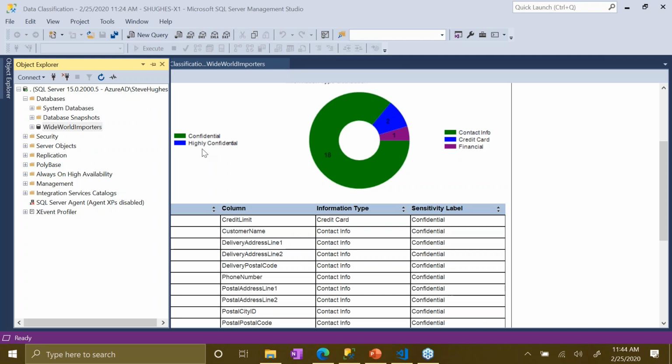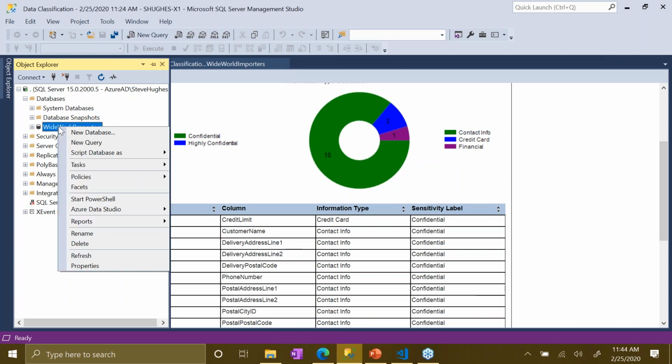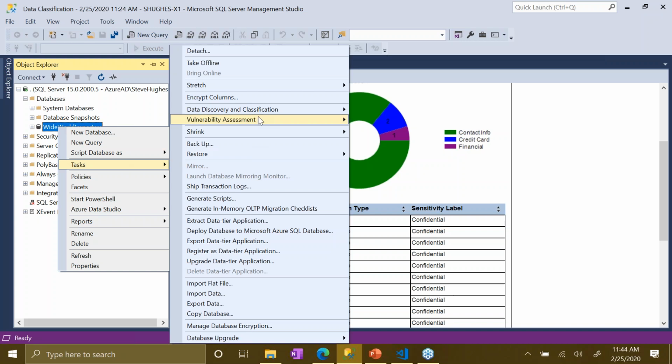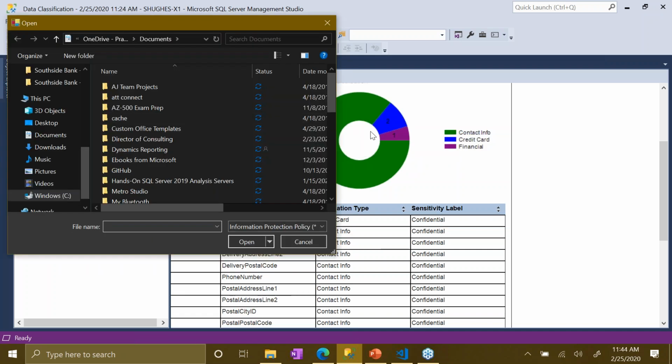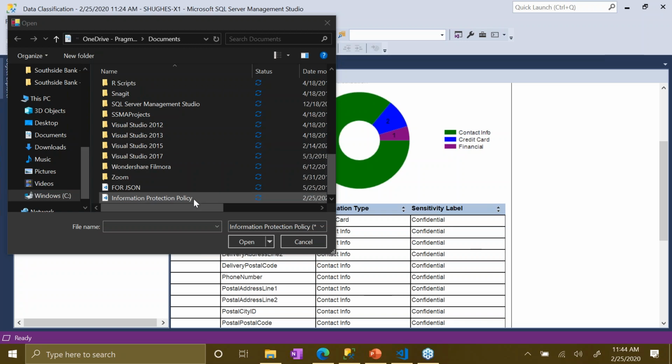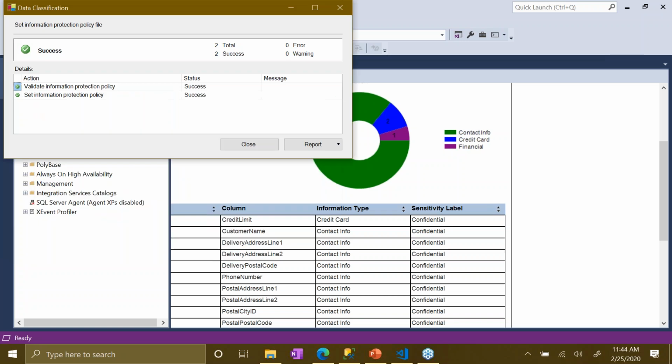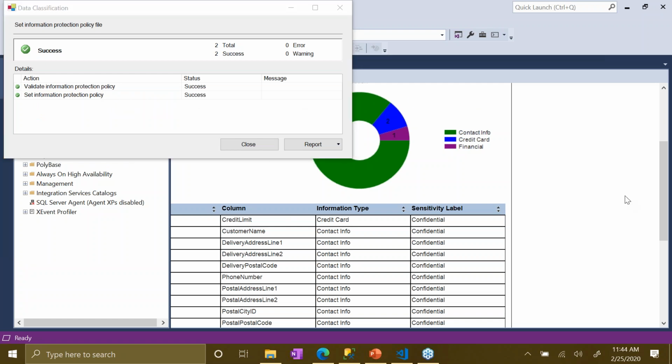Yeah, so you would import it back in. Sorry, Shrikant, really quick. You go back to tasks, data discovery. You basically use set to import that new file because it's going to ask you for a file location. So if I hit set, it's going to tell me, go find me a file that matches this. And so I can do this one here and say open. And it's validated my policy and set it to whatever I have. All right, Crystal, handing it back to you now.